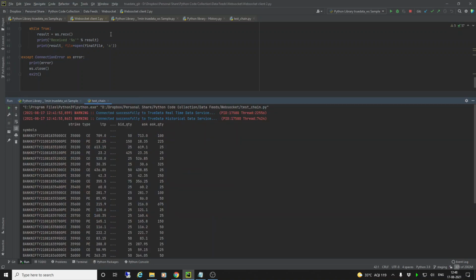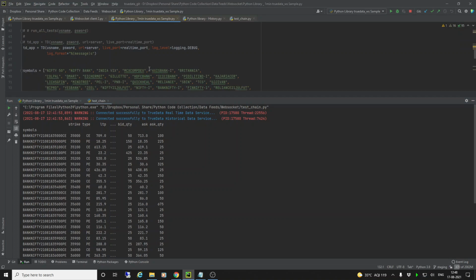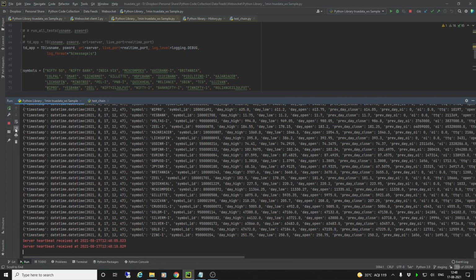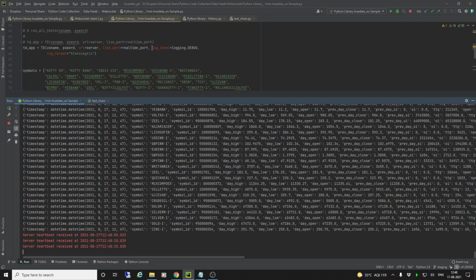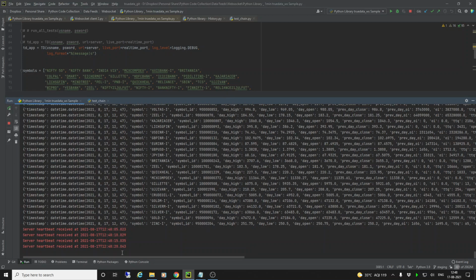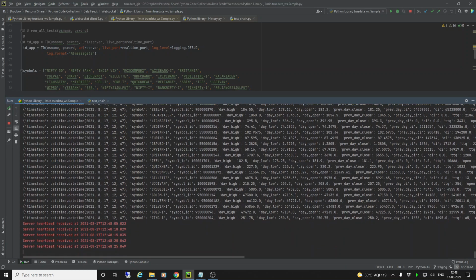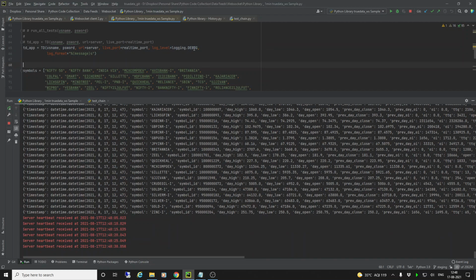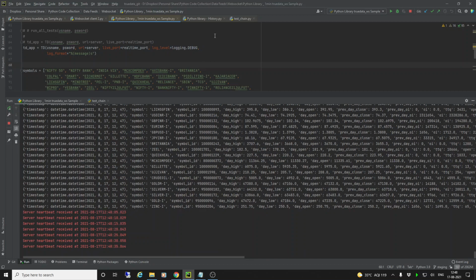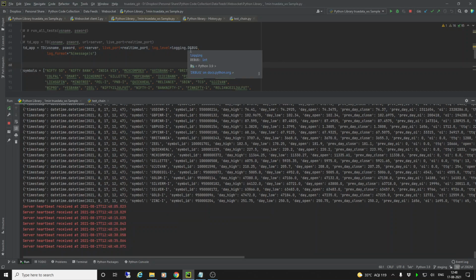And now I also have the 1 minute update. People who subscribe to the 1 minute streaming should be able to see this here. And you can see here that I have used logging to show you. Logging helps if you are using the 1 minute streaming feed so that you know that you're not disconnected. Like you can see here that the heartbeat keeps coming. If you have got the logging set to debug, I'll talk about this a little later, then you will see the heartbeat. If you have set it to warning, then you won't see these heartbeats. So at the debug level, you will be able to see these heartbeats.